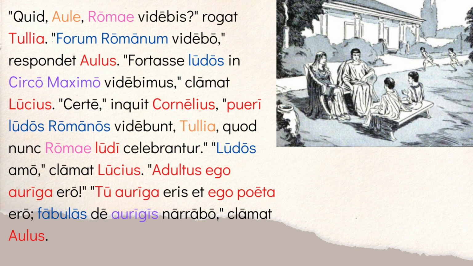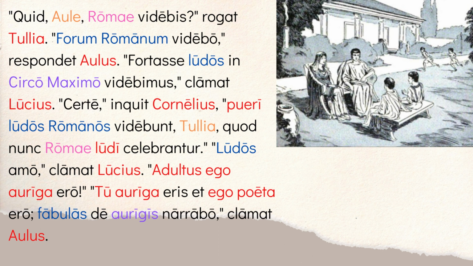Now we have something different here. Celebrantur is not future tense, right? There's no bo, bi, bu, anything like that. It's just normal present tense, but it's passive. So he's saying right now, and the nunc word gives away that it's present, right? You wouldn't use the word now if you're talking about something that is going to happen in the future.